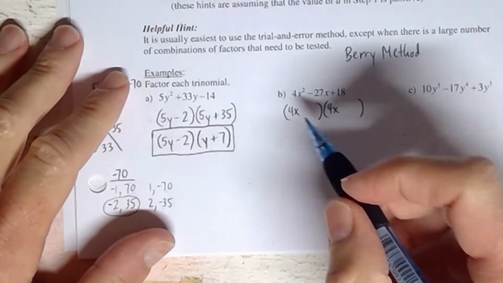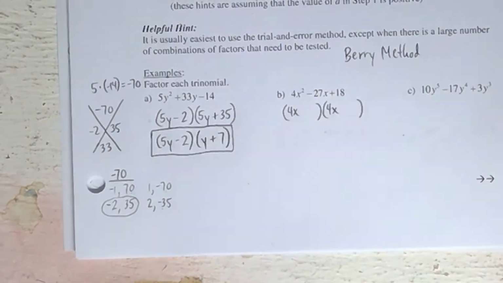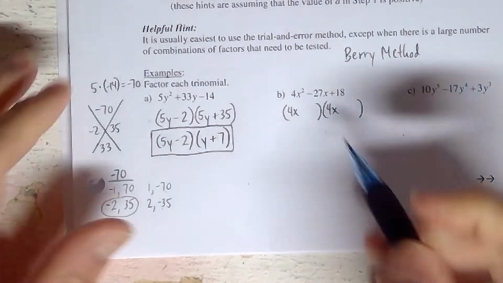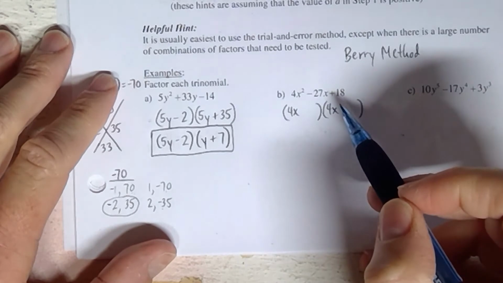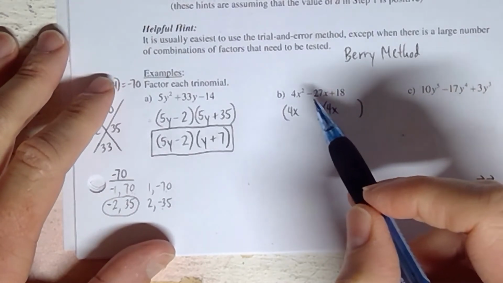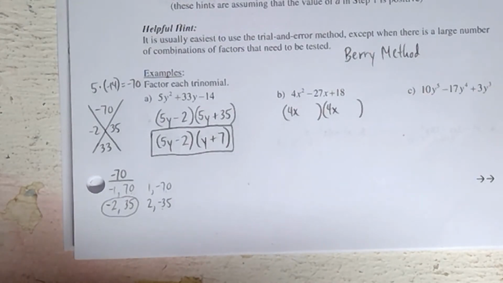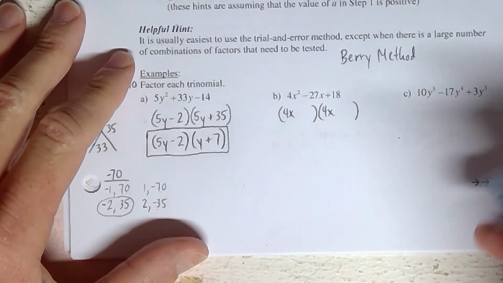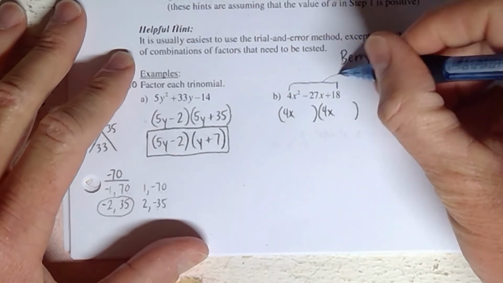Let's try that again here in problem B. Once again, the GCF is equal to 1, so you can skip that step here and go right into the Berry method, since this trinomial, this three-term polynomial, tri meaning 3, fits the description of one of those 4 types of forms that I showed you at the top of the page when we first started this discussion. So what we do is we do 4 times 18. 4 times 18 is